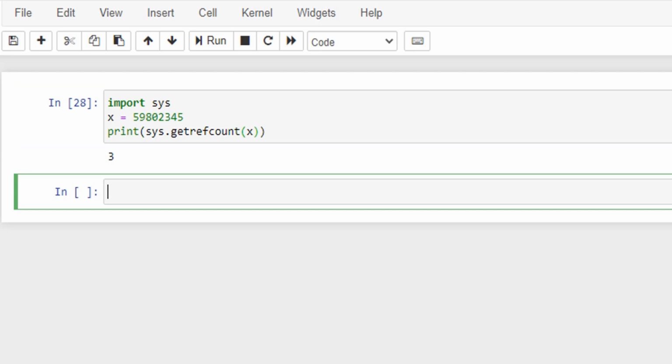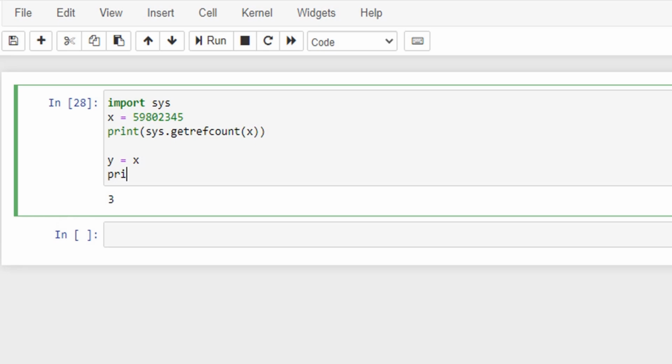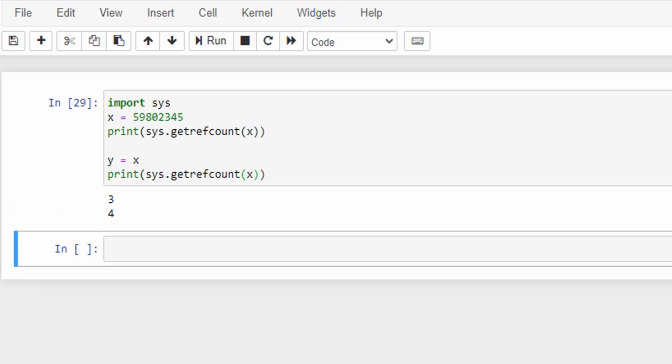Well, it shows a higher number because a few other things are going on inside Python, and reference count calculation is a complicated thing. But let's start with this number as the initial reference count. Now let's assign x to the y and check the reference count once again. What happened internally? Now the y also points to the same integer object, so the reference count of the object will increase. The variable name x and y both are pointing to the same object, which is immutable.